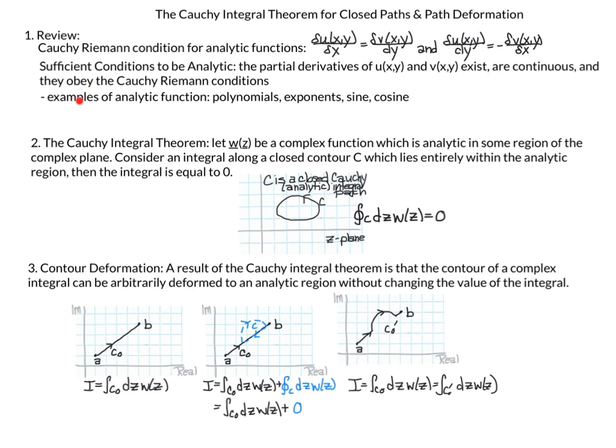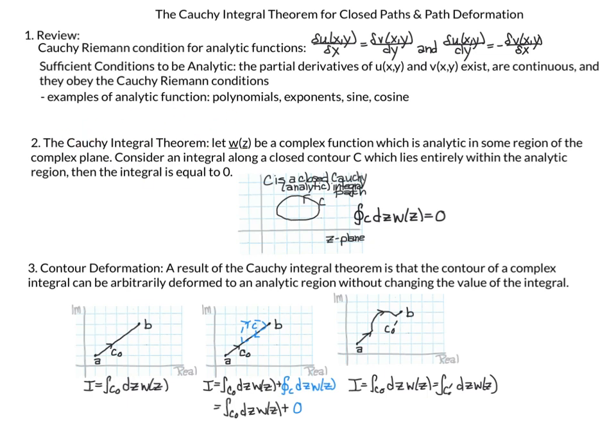First, because the Cauchy integral theorem involves analytic functions, we're going to review the Cauchy-Riemann conditions for analytic functions. So the sufficient conditions for a function to be analytic is the partial derivatives of u of x and v of x exist, are continuous, and obey the Cauchy-Riemann conditions which are listed here. We are going to use these Cauchy-Riemann conditions when we do a proof of our Cauchy integral theorem, but before